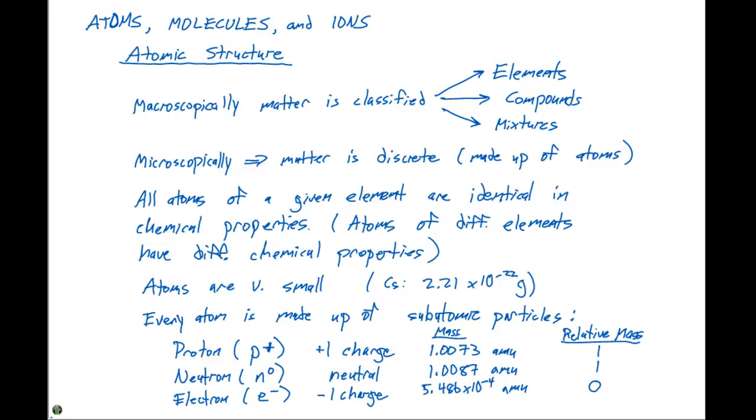Because when we're dealing with elements, we would need thousands and thousands of electrons to even come up with the relative mass of 1 proton or 1 neutron. Our element count doesn't go that high, so we can just assume that the relative mass of the proton and neutron is going to be 1, and the electron